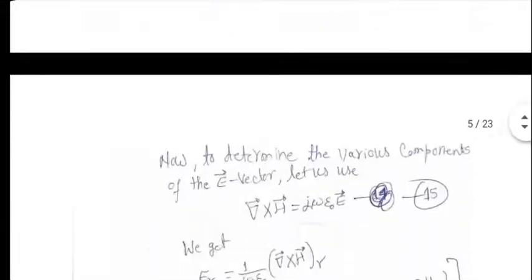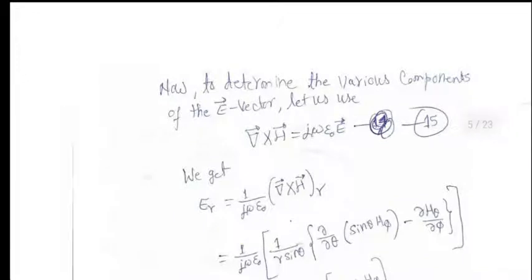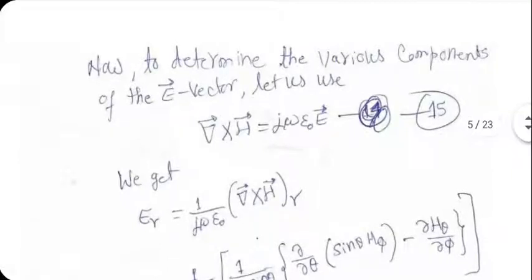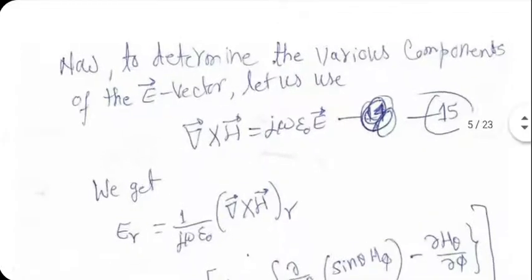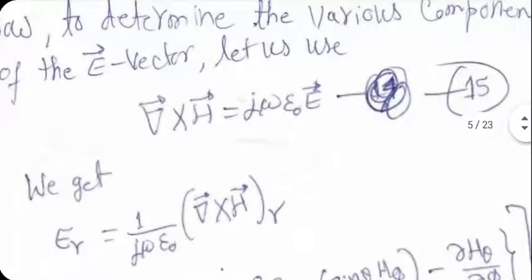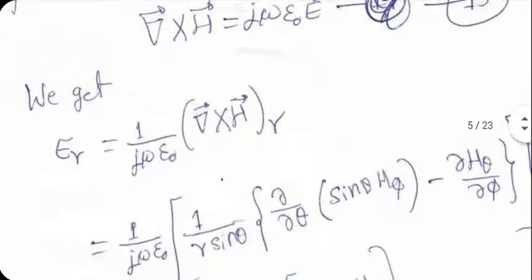Third step is to figure out E, right? Several methods. You can use one of the identities we have seen in the previous document, or what I do is I use del cross H equal to d D by dt plus J. And J is zero because J's effect is already included in the previous derivations. So if I use this, Er is 1 upon j omega epsilon naught multiplied by r component of del cross H. Now remember, Hr is 0, H theta is 0, but H phi is not 0.